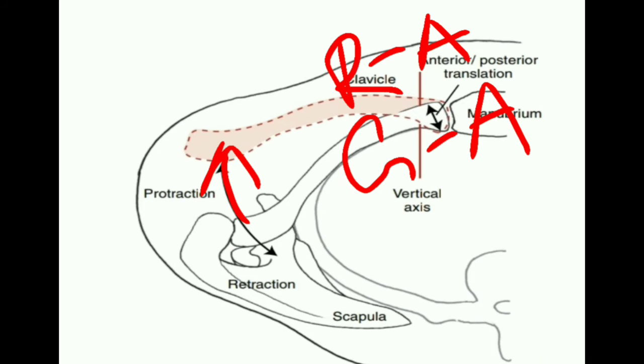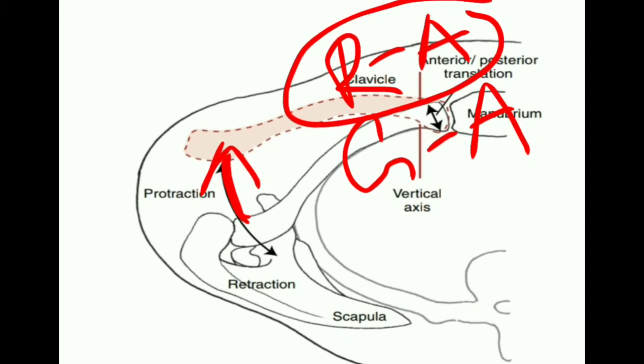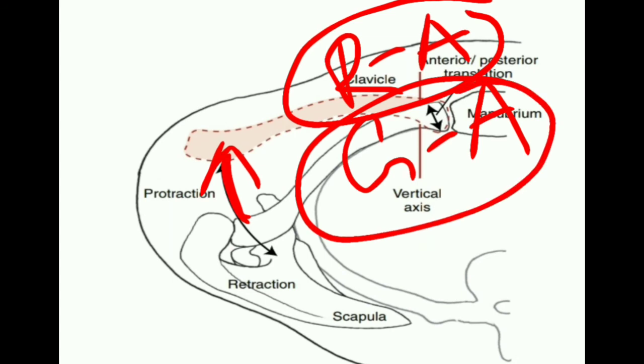Here the concave is gliding over the convex. You understood? Concave is moving over the convex. So here the osteokinematics and the arthrokinematics will be the same. But in elevation and depression, convex is moving on the concave. So there will be the opposite direction. So the arthrokinematics and osteokinematics will be opposite to each other. So here you understood the concept. When in protraction the clavicle moves anteriorly, then the rolling will be in the anterior direction and the gliding will also be in the anterior direction.